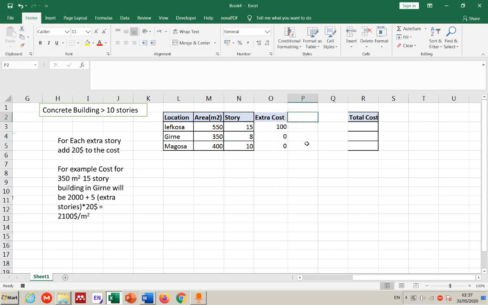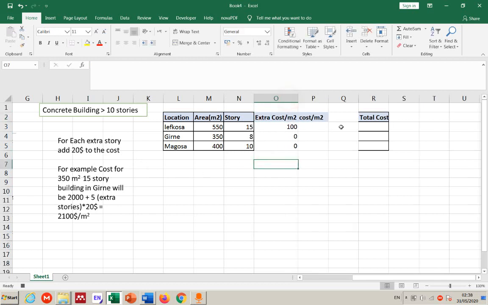Now, I'm going to say that this is a cost per meter square from the table that I'm taking. Now, by the way, this is extra cost. It's still per meter square. Why? Because at the end, we multiply them by area. That's going to be the total cost. Now, for the cost per meter square,